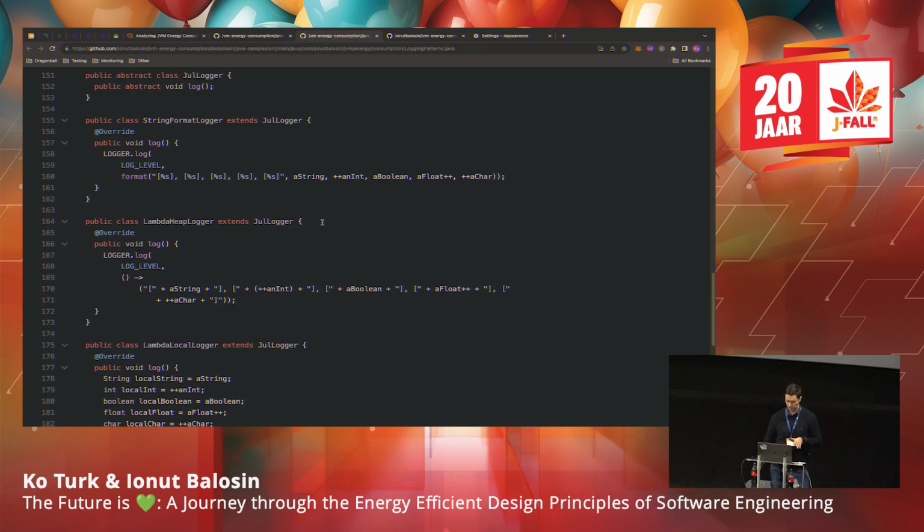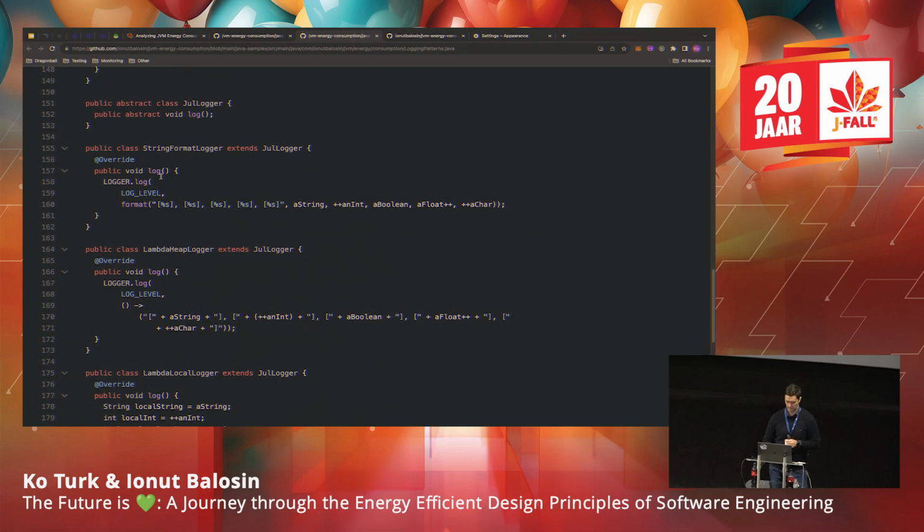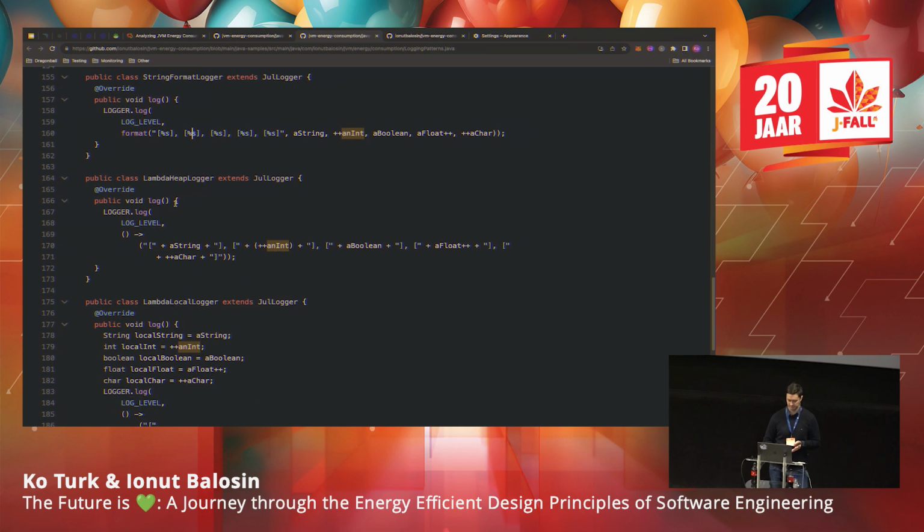So we tried to measure different logging patterns and how they impact the energy consumption as well. Therefore, we took the use case of string format. It's actually a String.format, very simple, and we call logger.log. Then we used a lambda expression for this.